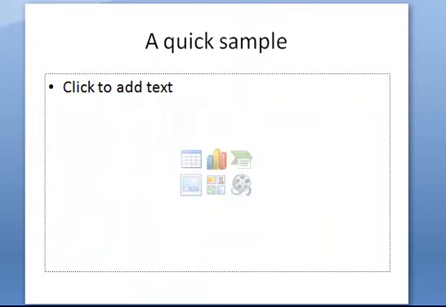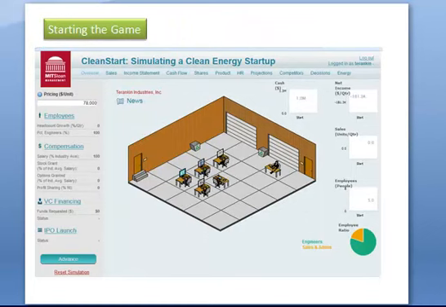Quick look at a quick sample of a game. This is what the game will look like when you actually get started. Here you have 4 engineers and 1 salesperson, so you have a staff of 5 at the beginning of the game. Over here is the column where you'll make your decisions. In class we'll do it together, but if you're playing it on your own, you can hit the advance key and it'll go to the next quarter. And up here, it'll give you all of your results and information on the financials, etc.